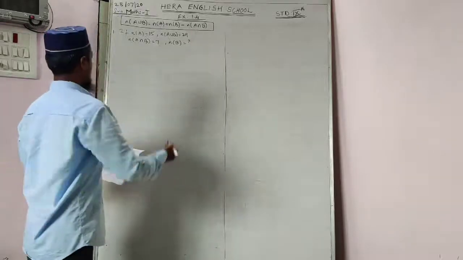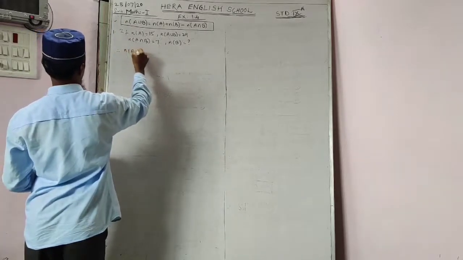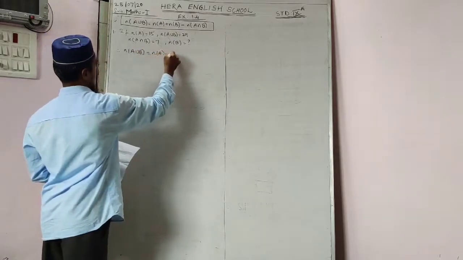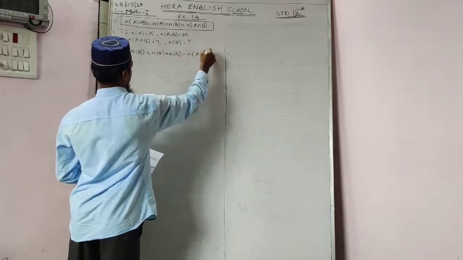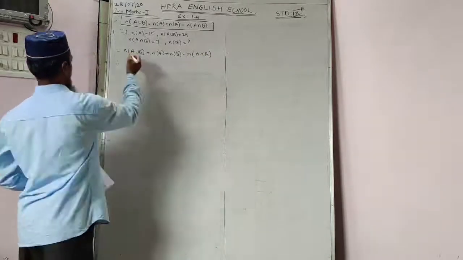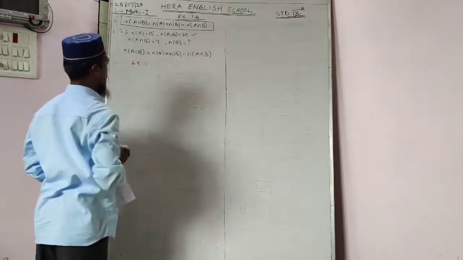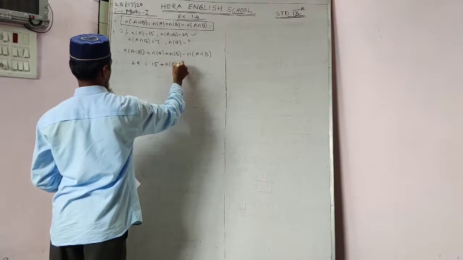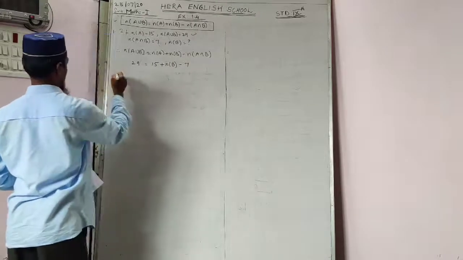Let's see very well. There is a formula, we have to use this one. Now we'll write first the formula: number of A union B is equal to number of A plus number of B minus number of A intersection B. Now according to the given values we will put here number of A union B, we have 29. Keep here 29, everyone. Now number of A we have 15. We will write number of B as it is, and A intersection B is also there, that is 7.